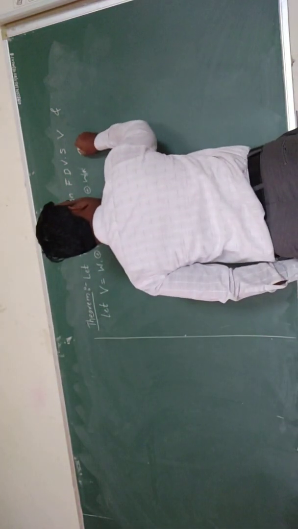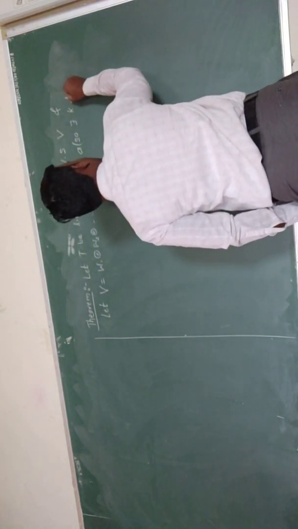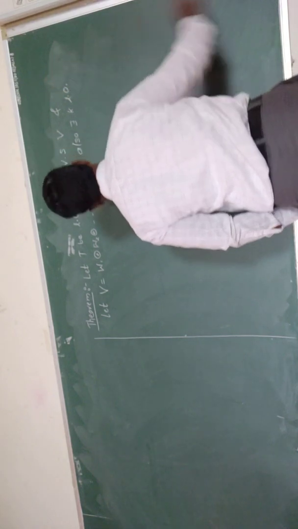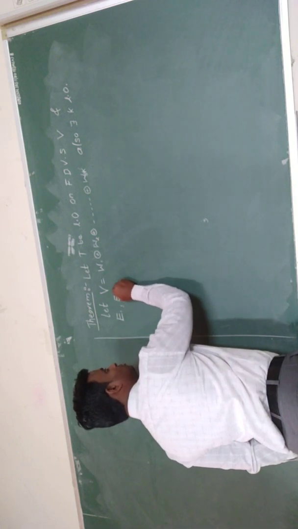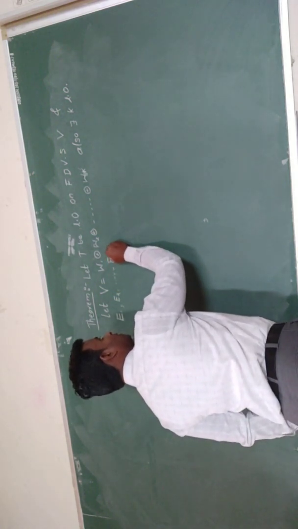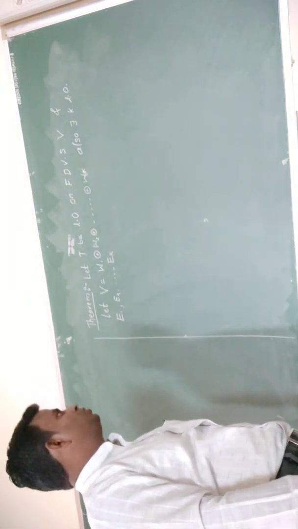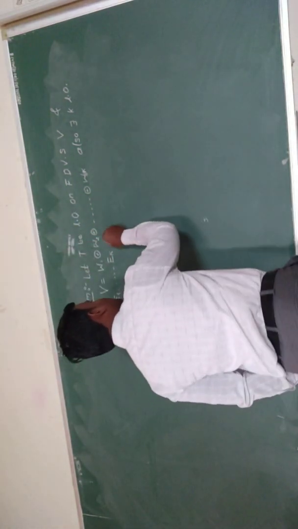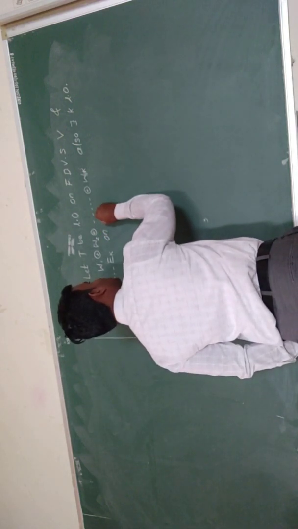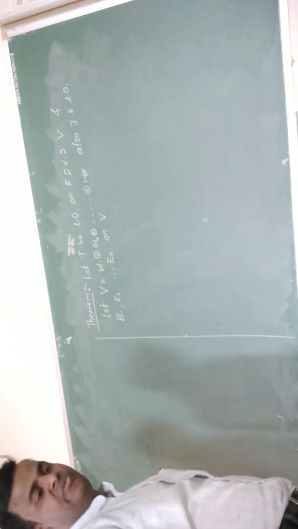This is the statement of the theorem. Also, there exist k linear operators E1, E2 up to Ek on the vector space V such that